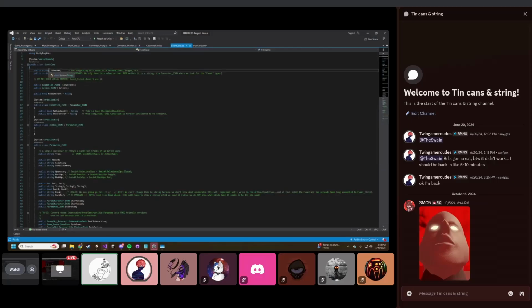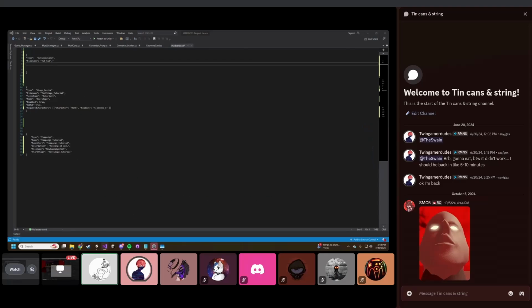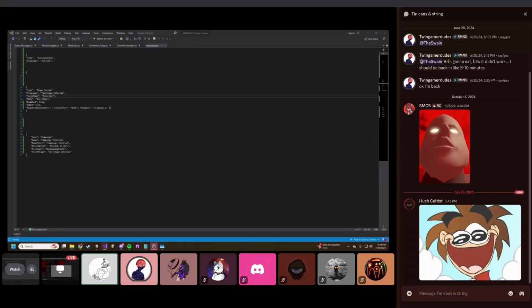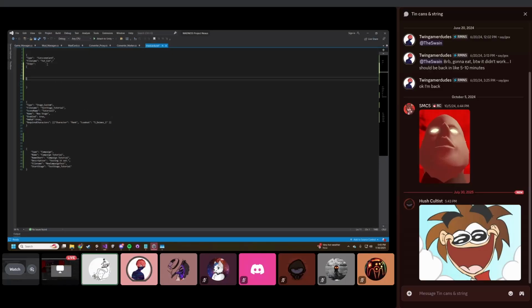Then over here, we're going to go type conditions. You know what, I'm just going to put that on the side so I don't have to keep transferring back and forth. All right, so the next thing is we're going to be setting up the steps, which is as follows: steps, and this is a big array that's going to have individual objects. Each one of these is going to be a JSON object step, and I'll show you how to make one of them, and then you can just make as many as you want after this. And again, in MadCard Maker, this will be a lot easier to do. It'll just jump right out at you, but at least you get to see how this is done